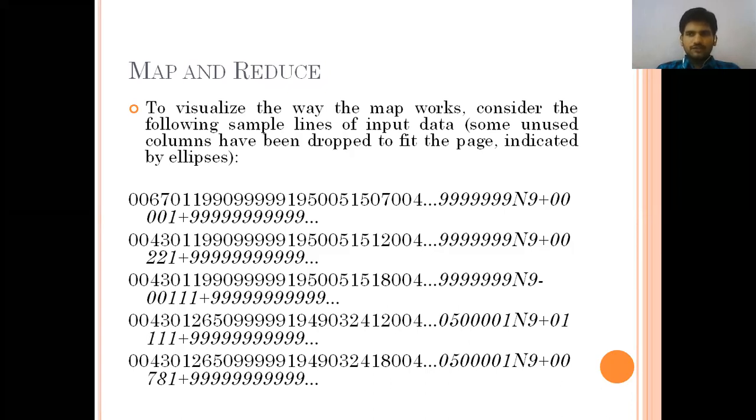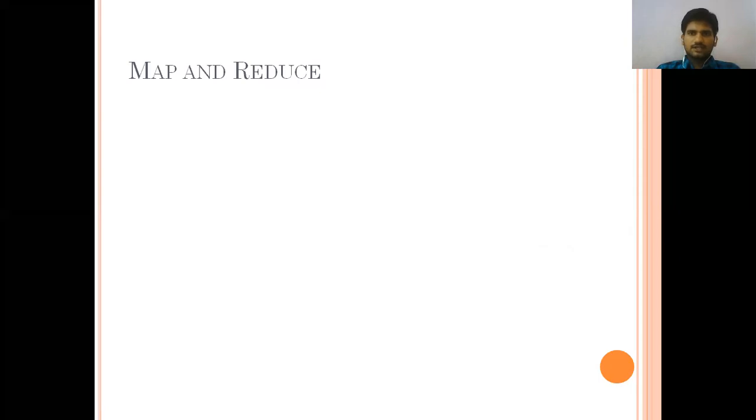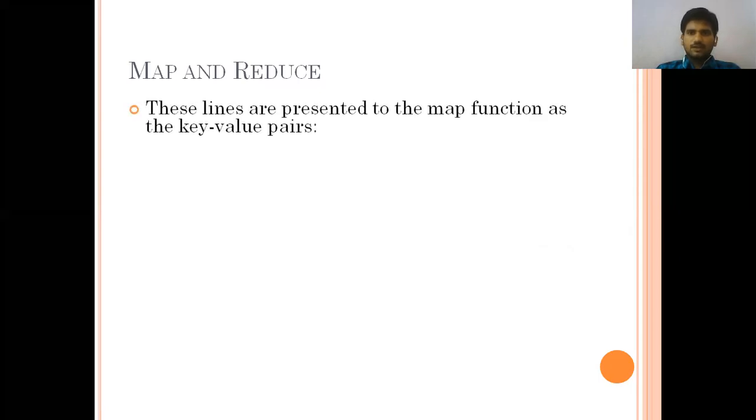Now the mapper phase is going to take this data. What will it do? The map function is going to take the key-value pairs. What is the key-value pair here? What are the key and value? One is the year, and another one is the temperature. For example, you can consider how the map will be: M of some two values, one is a key and another one is a value.